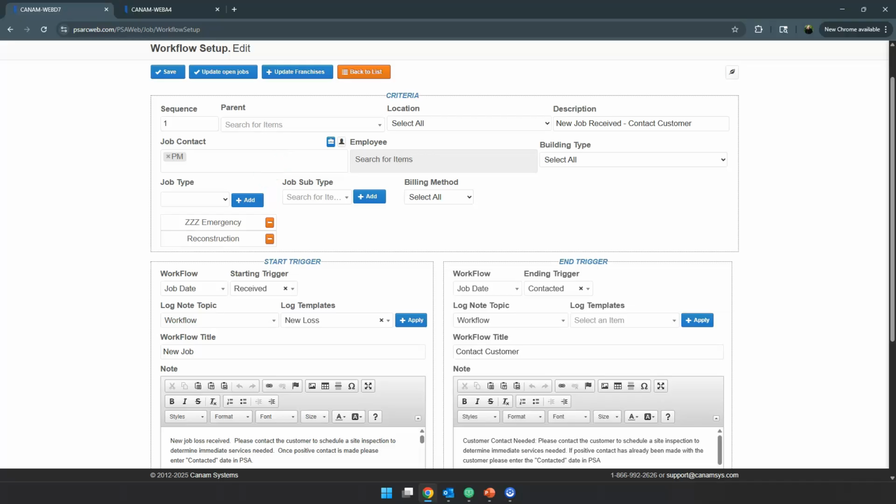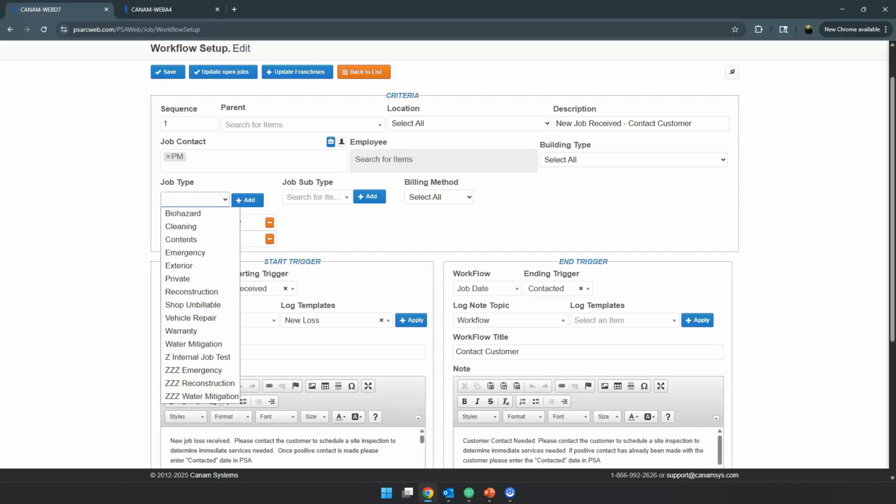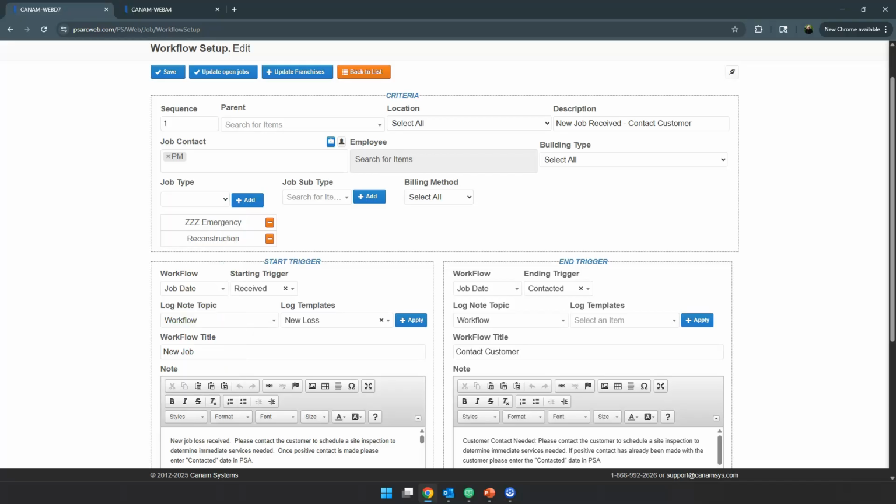Now, by default, if you don't select any job types at all, the system will assume that the workflow is applicable to all job types. However, if we want the workflow to be specific to a job type or multiple job types, we do need to make the selection from the drop-down list and add them with the Add button, and we'll see them populate here on the screen. If I need to get a little bit more granular, I can certainly apply the criteria